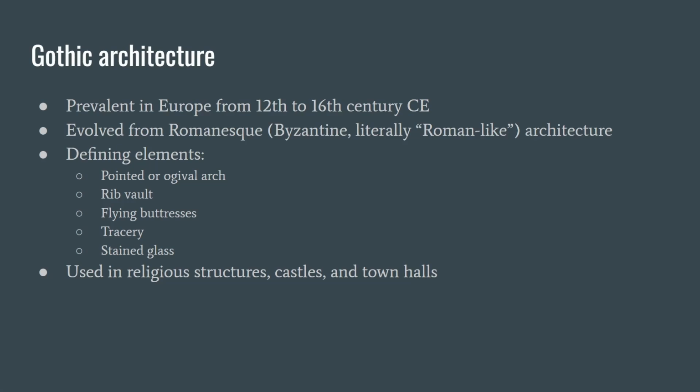Okay, moving on to Gothic architecture. Gothic architecture was the prevalent form of architecture in Europe from the 12th to 16th century CE. It lasted for about 4 centuries before the Renaissance period started. And then as the Renaissance started,